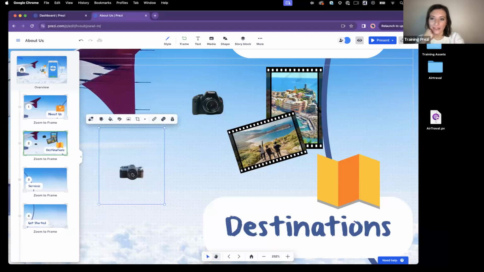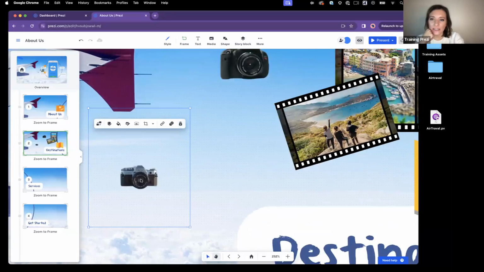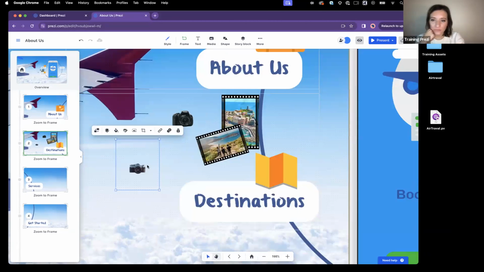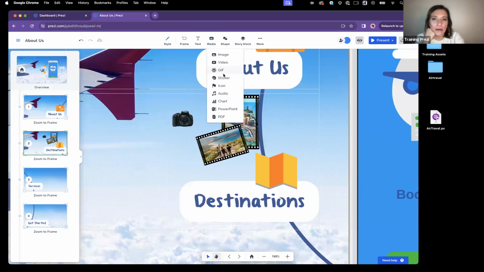Yeah, better than I expected. So still some kind of fuzzy edges here on the camera. If we zoom in, you can see that it didn't quite cut out some of it. So it's not perfect, but it actually did better than I expected it to. But this works really nicely also for things like